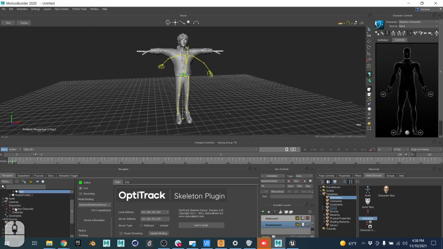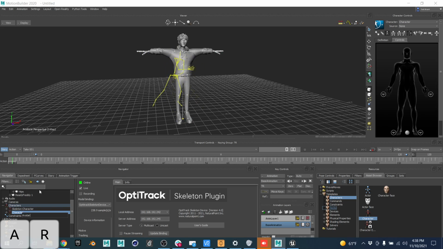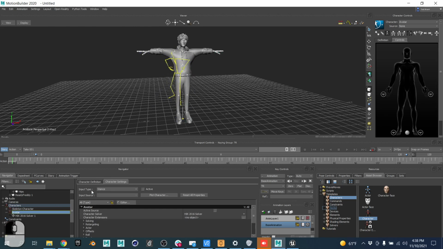Now on our list of assets, we have 2 characters. We have a character called skeleton. That's what we named it in Optitrack. That's why it's called skeleton here. I oftentimes rename this into avatar. It's just for organizational purposes. It's not essential. Double click on your avatar and say, I want my input type to be a character, and that character is called skeleton character. Activate it,